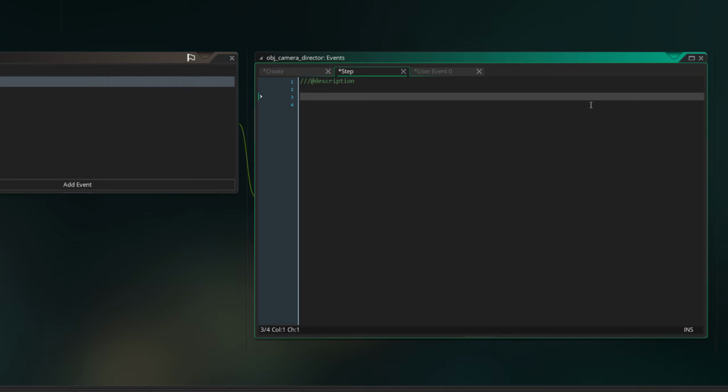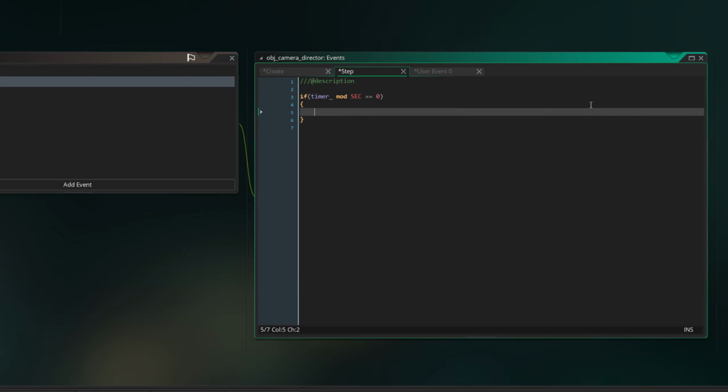But I don't believe it would have any actual impact on the game if you were to be checking every single frame to see if the director is on screen. So if timer underscore mod sec is equal to 0,